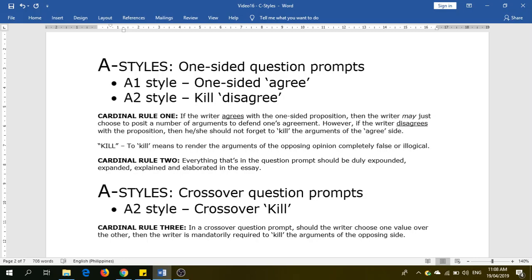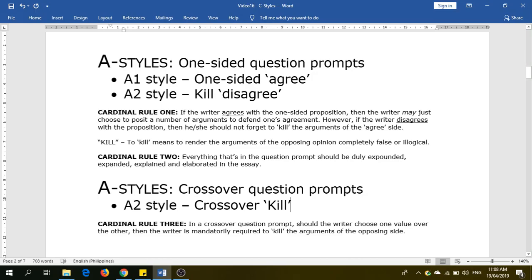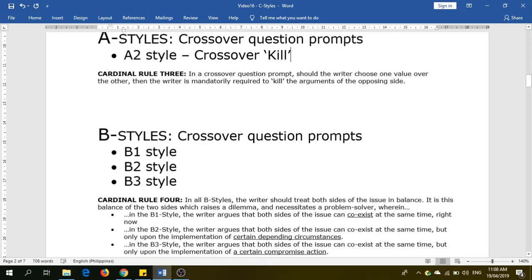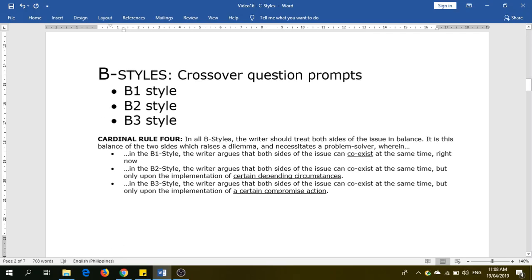All right. So those are the A styles, and now let's proceed to the B styles. If you are confronted with B styles, those are crossover question prompts. There's no denying it. The other characteristic of the B style is that you have two sides of an issue that are equally compelling, and it becomes very difficult to kill one side or the other. Therefore, in order to resolve the controversy, we can implement either the B1 style, which we would call the coexist,